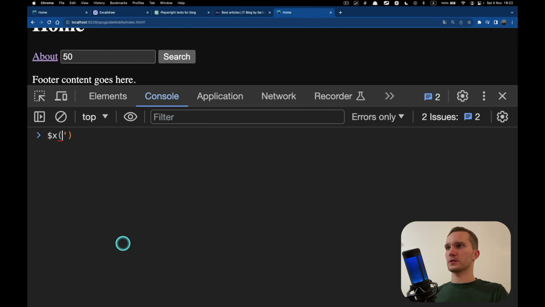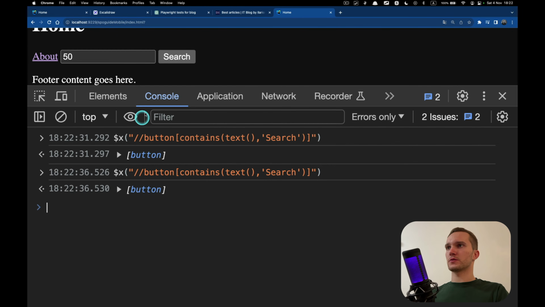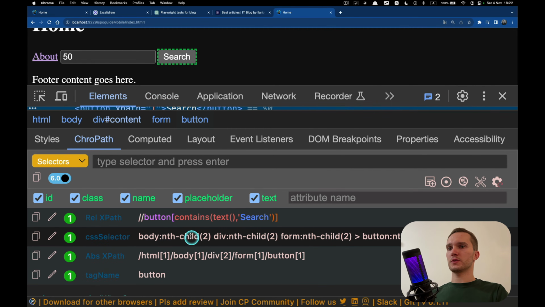Dollar x XPath. Search. Okay, I have to put it in double quotes because I have single quotes here. Boom. Yep, it returned the button. Okay, all right, so it found the button. Yeah, this is great. Then it gives us CSS selector, which is not nice.